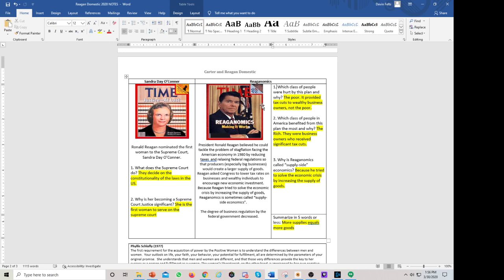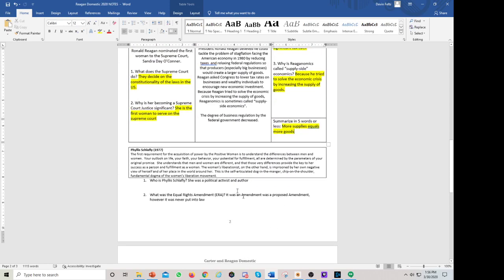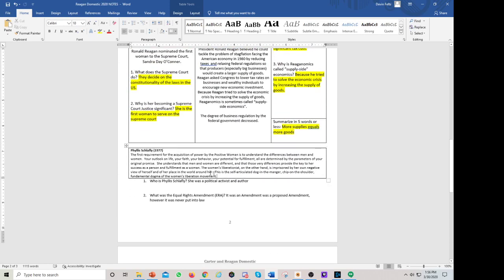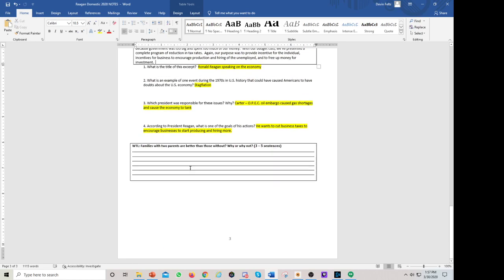So these tax cuts for businesses, was it the business owners that benefited or was it the workers that benefited, and why? Why is Reaganomics called supply side economics? If you look back at the reading here, it tells you exactly why it's called supply side economics, right? And then summarize in 5 words or less. What is Reaganomics? So for the rest of this is independent practice. Make sure you read the Phyllis Schlafly article, and make sure you read the President Ronald Reagan quote here,